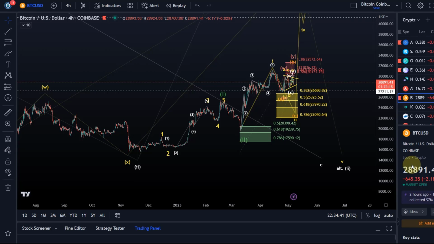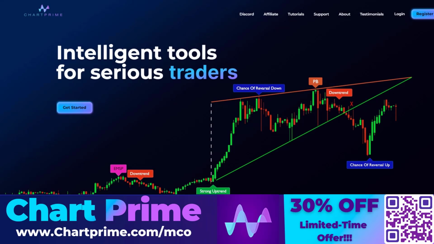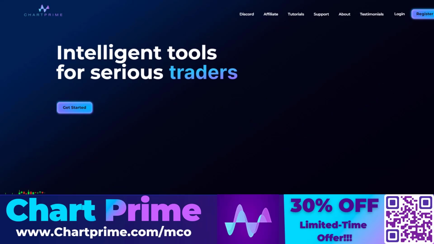So we're going to take a look first at the 4-hour chart, take a look at the different bullish scenarios that are possible, take a look at the invalidation points, and then we can also take a look at the lower time frame. But before we dive deeper into the analysis, first a few words about the sponsor of today's